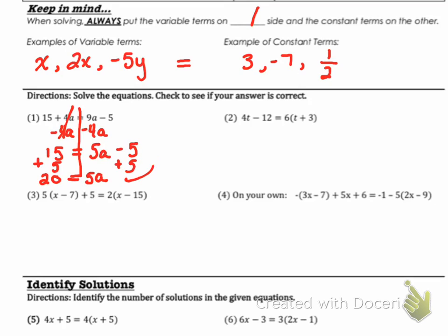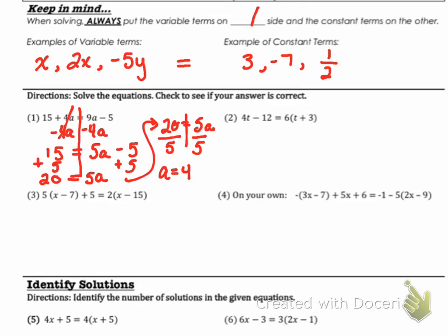And then you would, let's see, I'm running out of space. So I would do 20 is equal to 5a. Okay, so then I would divide both sides by 5, and I get a is equal to 4. So then in number 2, and before I can start moving variables, I have to distribute because I see a